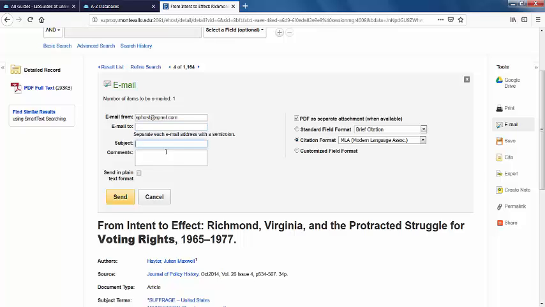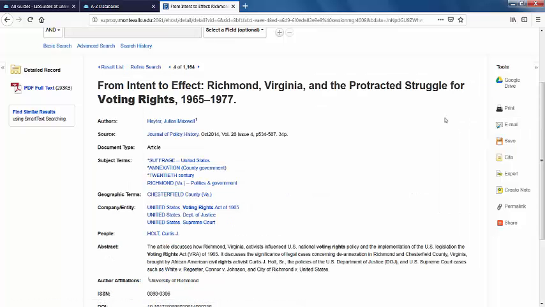And a subject line can be helpful to remind yourself what the article was about. But if it's in here as a PDF, it'll attach it right to your email. You click send, and then it's in your email for as long as you need it. If you are the kind of person that just likes to send yourself links to things to go back and click on later,